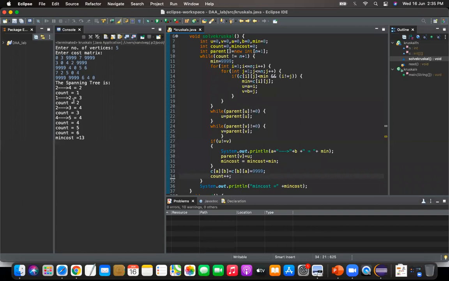For tracing purpose, I have kept that count. 2 to 4 cost is 2. 1 to 2 is 3. 2 to 3 is 4. 4 to 5 is 4. So totally the minimum cost we got is 13. 13 is the minimum cost. So we have got the same expected output in this algorithm also.